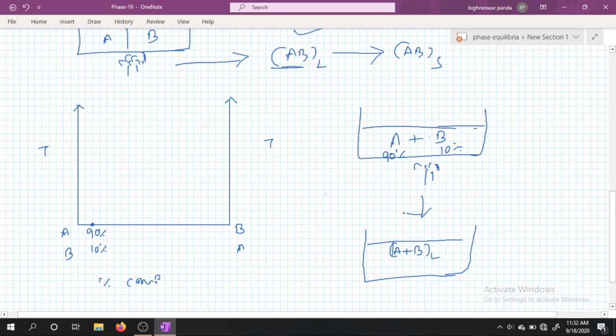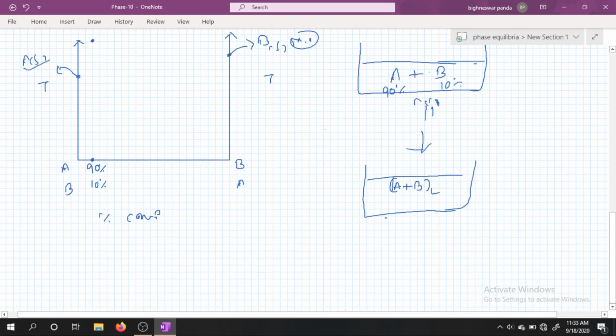Suppose we are heating to get A plus B liquid. Above their melting points, both A and B melt. Let us consider this point is A solid's melting point and this point is B solid's melting point. Suppose at this composition where A is 90% and B is 10%, they melt. Now I am trying to cool